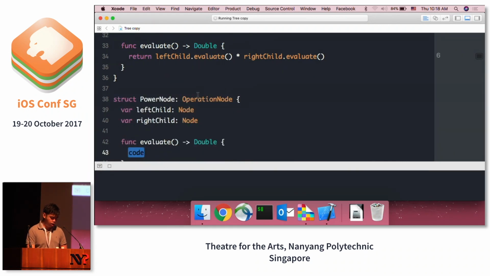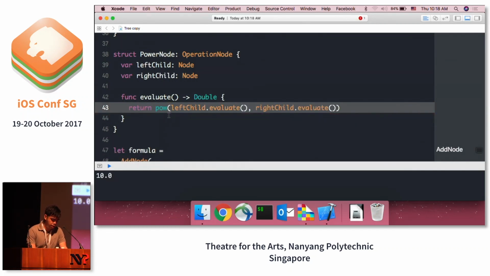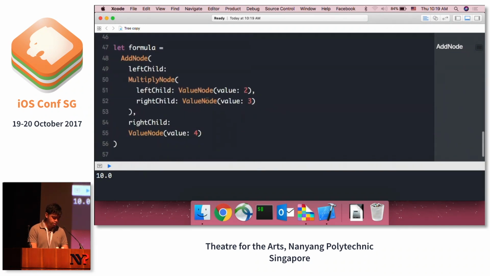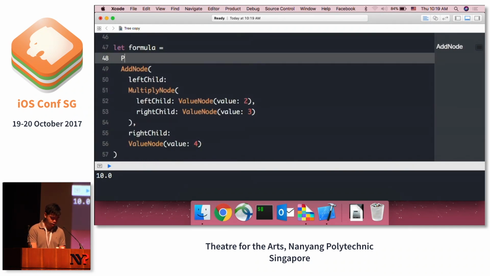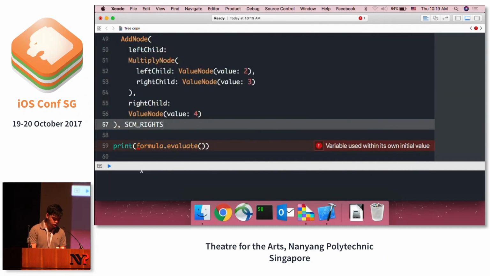So here I have introduced a power node operation which takes the power of two numbers. And we're going to just implement the evaluate function here. So what we did was just call pow, which is a function in the standard library. And this raises the left child to the power of the right child. And to test this out really quickly, we're going to add the power node right here. So the left child will be whatever we had before with the value of 10. And the right child